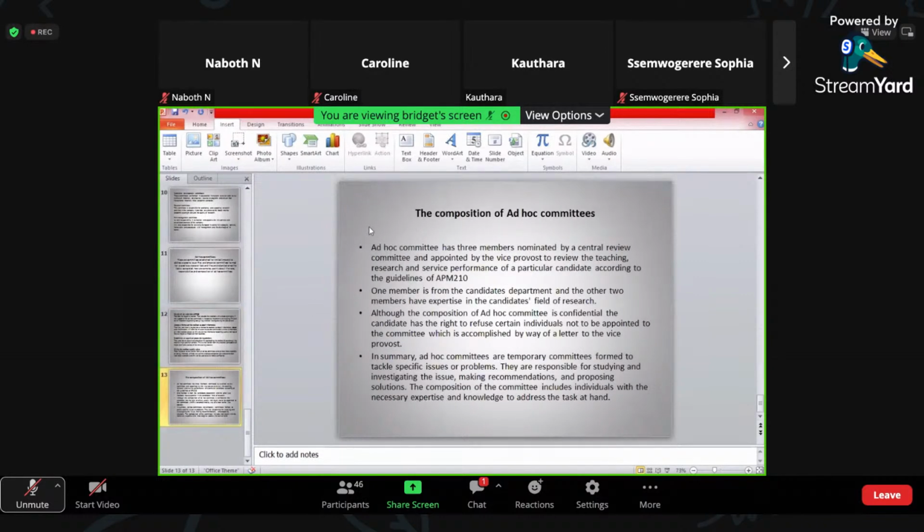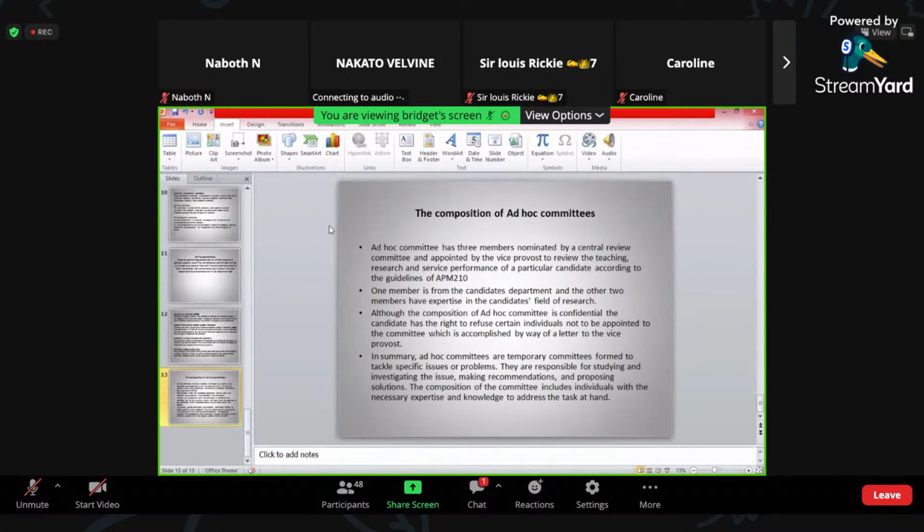So we can go to the composition of the ad hoc committees. The ad hoc committees have three members nominated by the Central Review Committee and appointed by the Vice Provost to review the teaching, research, and service performance of a particular candidate according to the guidelines of KPM 210. One of the members is from the candidate's department, and the other members have expertise in the candidate's fields of research. This composition is confidential,